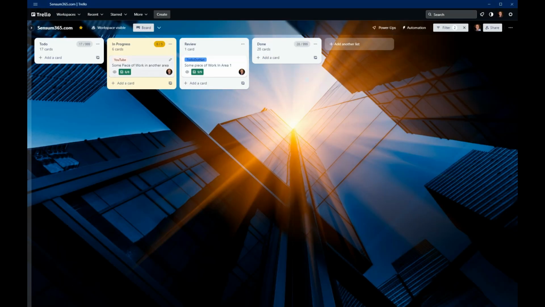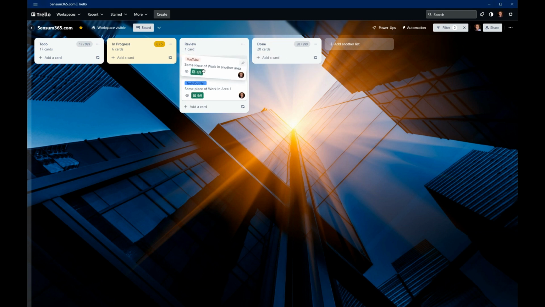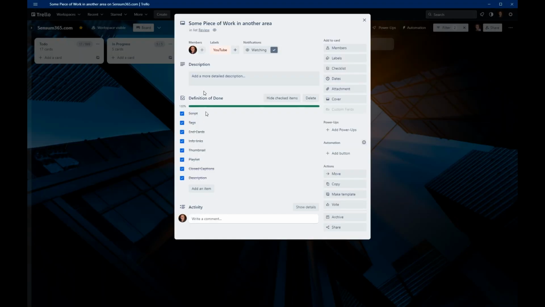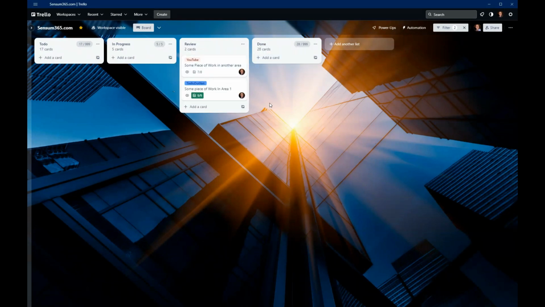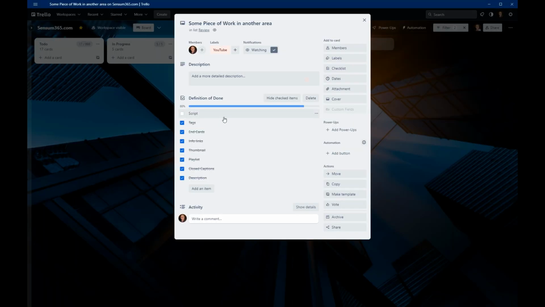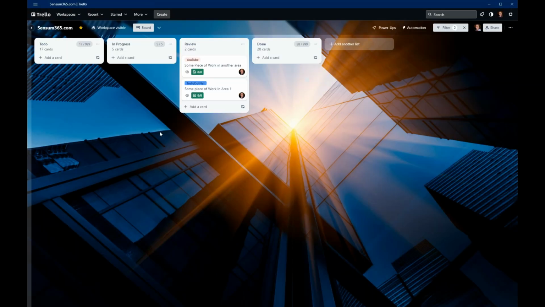And once that is done, I can again move it on to review or done, and I can put up automations as well, saying if I move this over to done without completing it, it gets a warning, for example. If I take away one of these and move it to done, then I could have it turn red or whatever, depending on what I want to do here. So that is how it works.